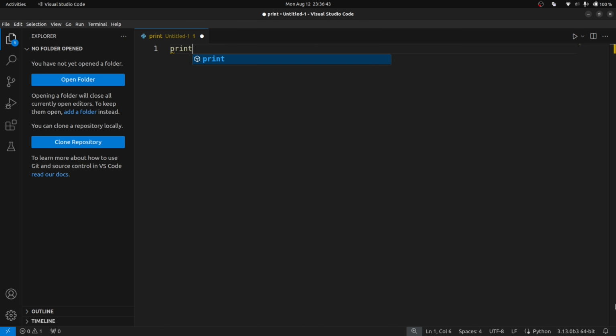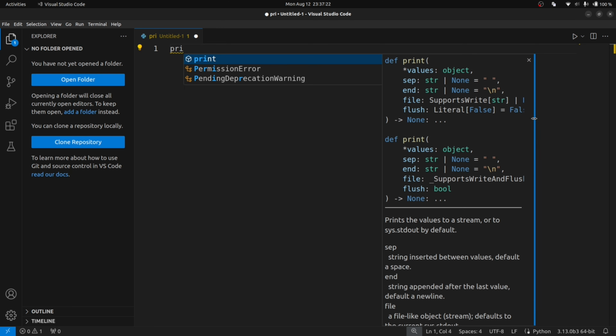And not only that, but it will also make autocomplete available, for example, for showing the possible functions you may use and the associated documentation for those. For example, for the print function, you can simply look here and you will easily see the definition of that function with the return, with the possible attributes that you can pass as arguments inside the parentheses of the function, and all that. We'll see everything